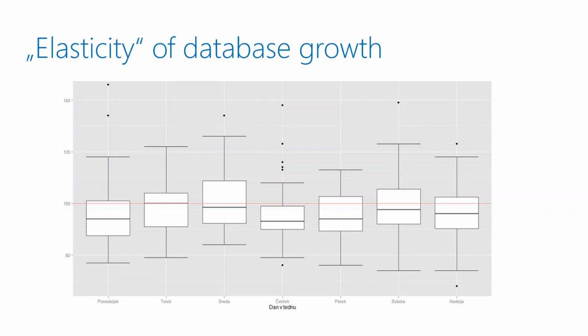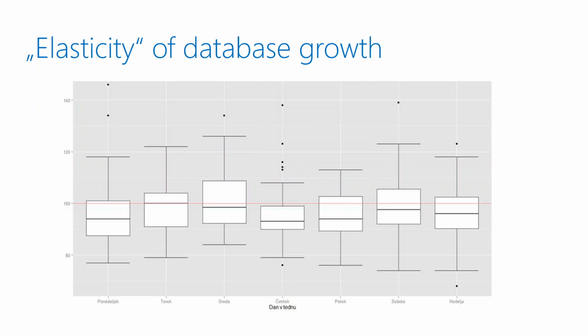So you can imagine that you have a day of the week, and your database is growing, and you don't really pay attention to it. But once you say, okay, now I'm going to gather all the logs of my database growth over the last, let's say, half a year, and break it down by the days of the week. This is what this box plot represents: the days of the week for a particular database's growth.